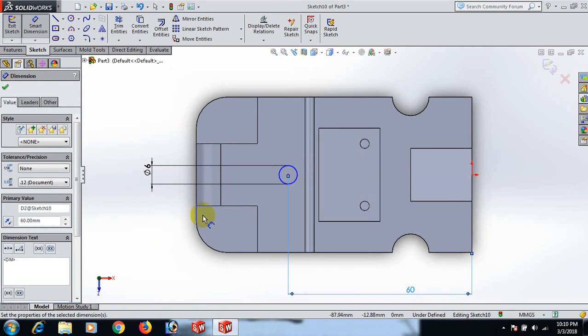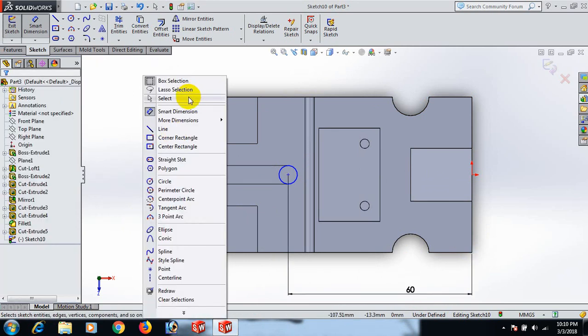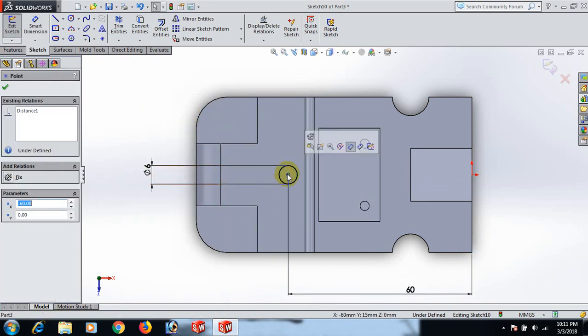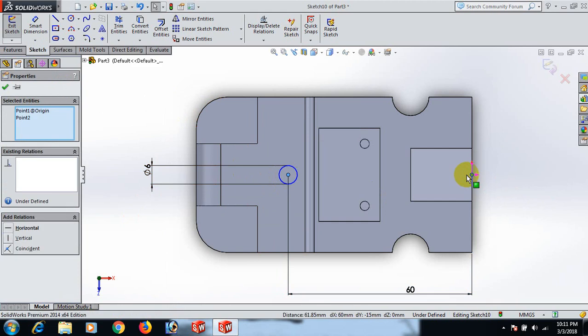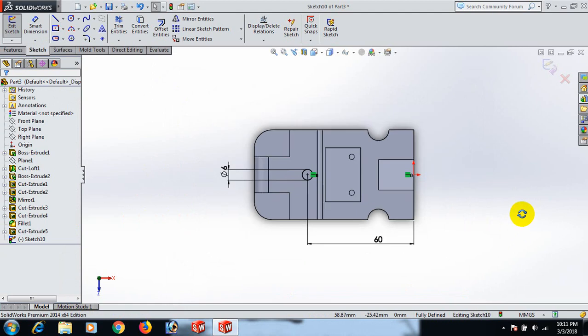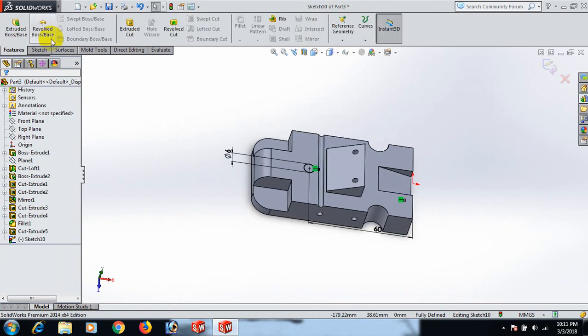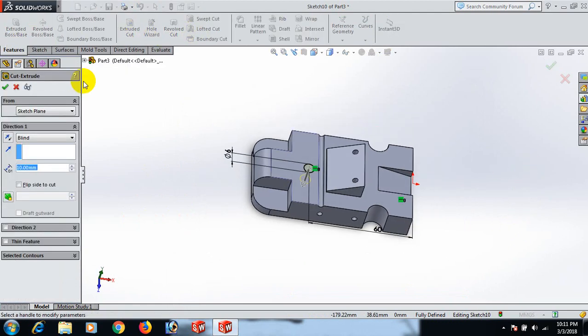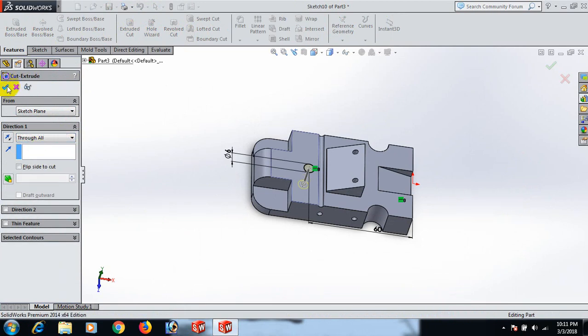Okay, select. Now this point control this point horizontal. Okay, now go to feature and extrude curve. I can extrude curve through all. Okay,